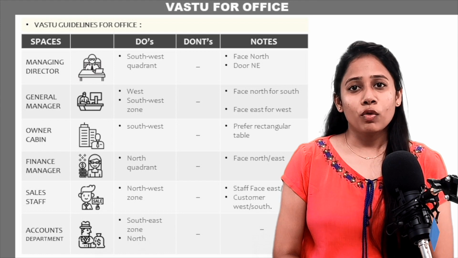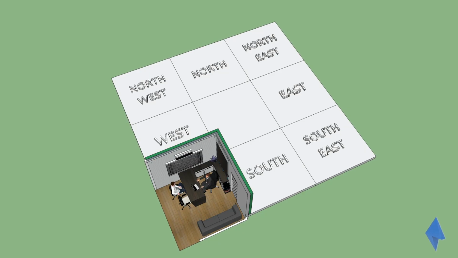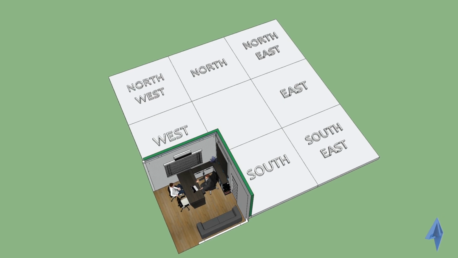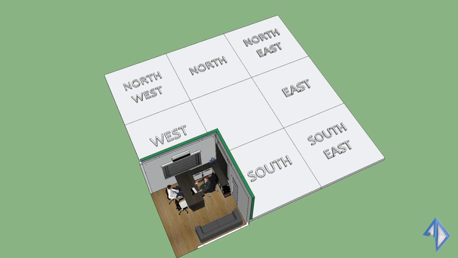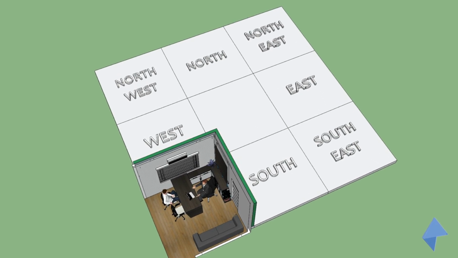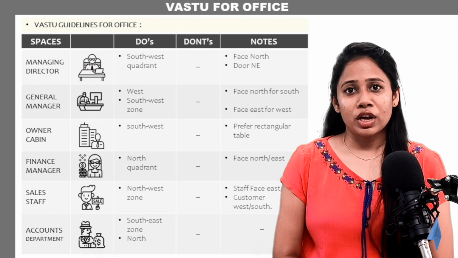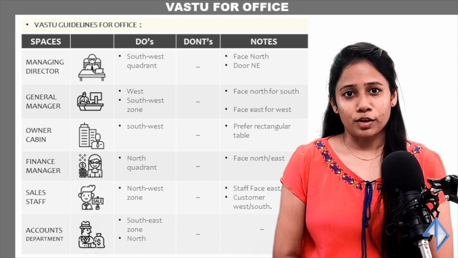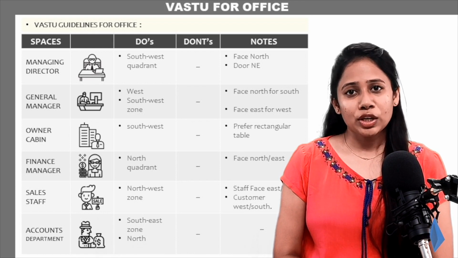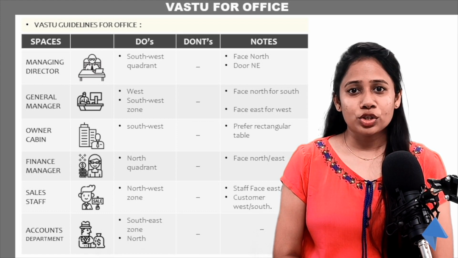We will learn what designation should be placed in what directions. For the designation of a managing director, the cabin of the managing director should be placed in the northwest quadrant to satisfy the attributes of the southwest region, that is leadership and dominance. The managing director should have control over all the other staff. While in the cabin, make sure he faces north and the door of the cabin should be in the northeast